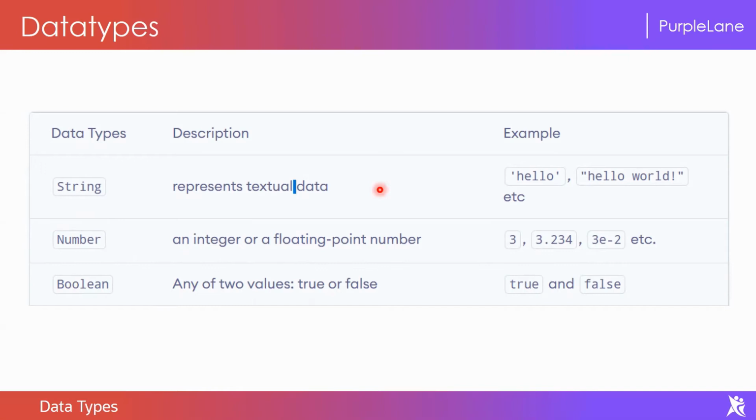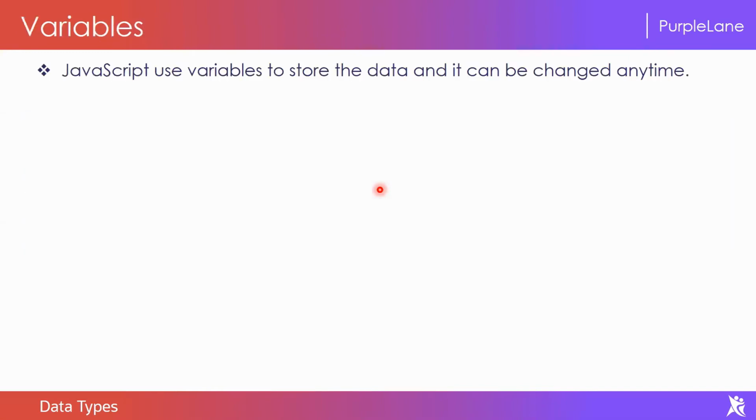Now let's go and see variables. JavaScript uses variables to store data, and it can be changed at any time. First we understand that JavaScript uses variables to store the data. You might be wondering why you have to store the data.